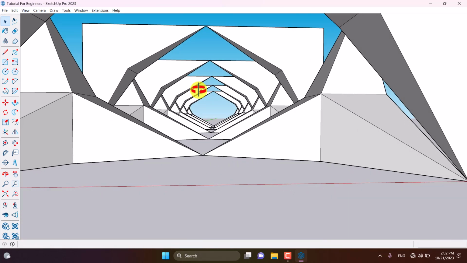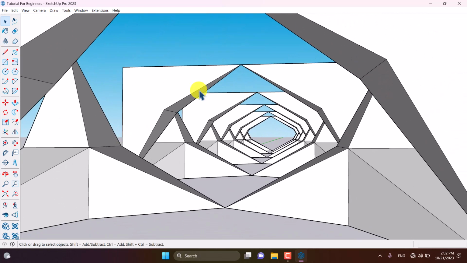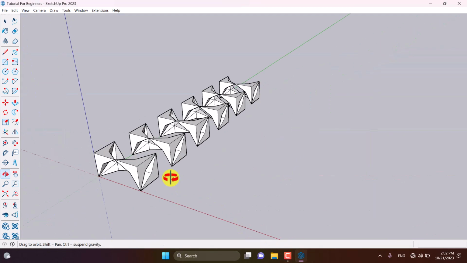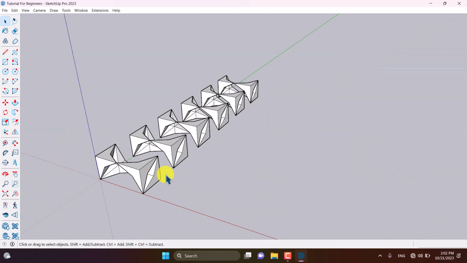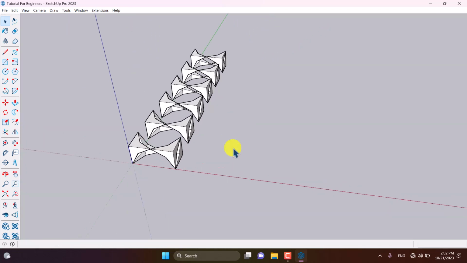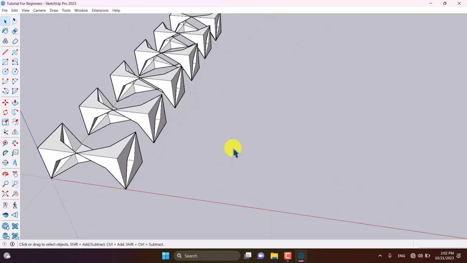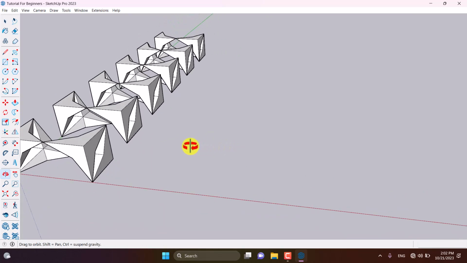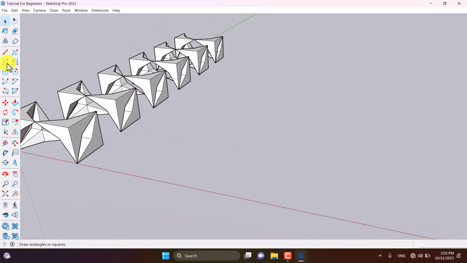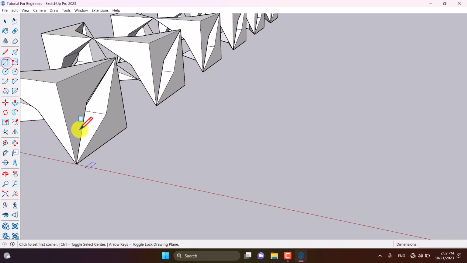As you can see, we can create these things in SketchUp very simple and easy with a little bit of creativity. So I'm gonna hold it in here, and the point is that you can download this file. The link is there below this video. So I'm gonna create some type of arced interiors for my house or for some type of architectural project, but I don't know how. So I'm gonna click on the rectangle,